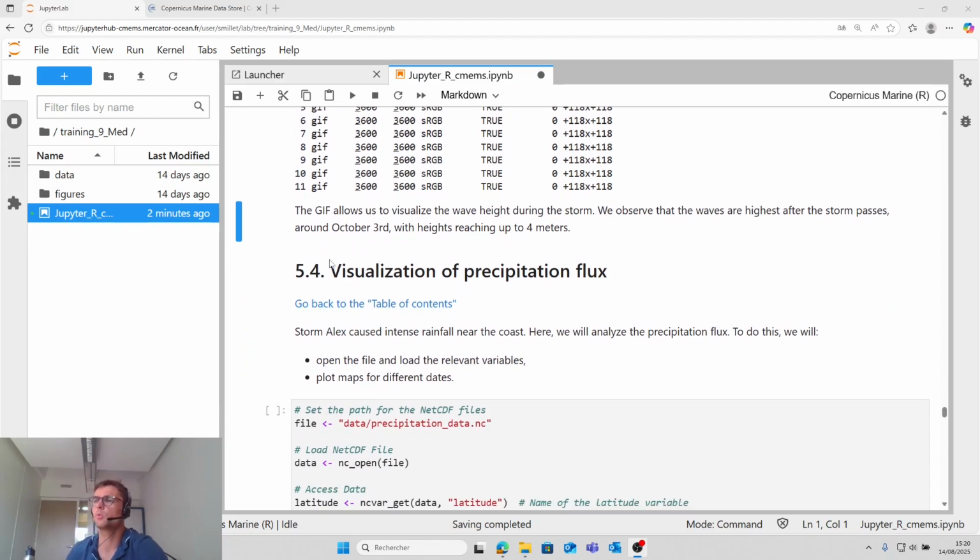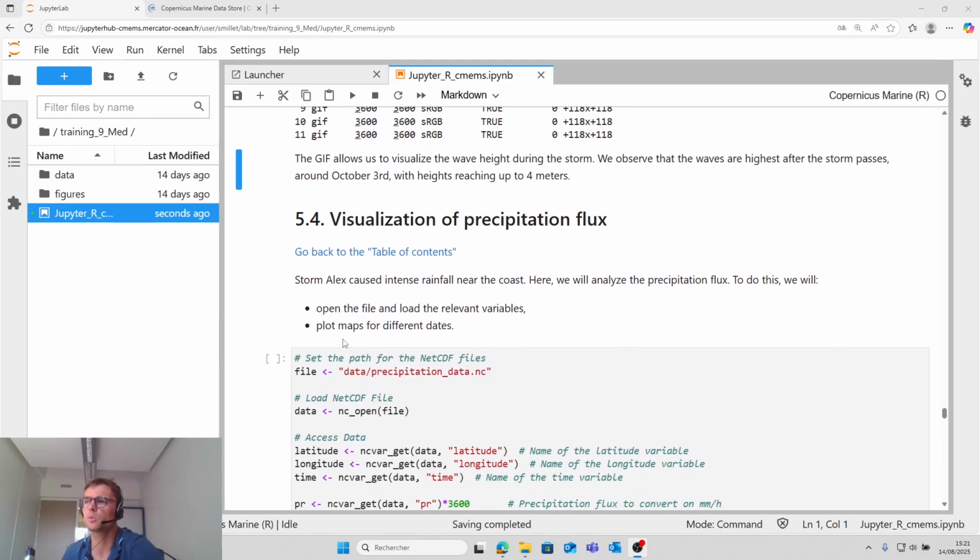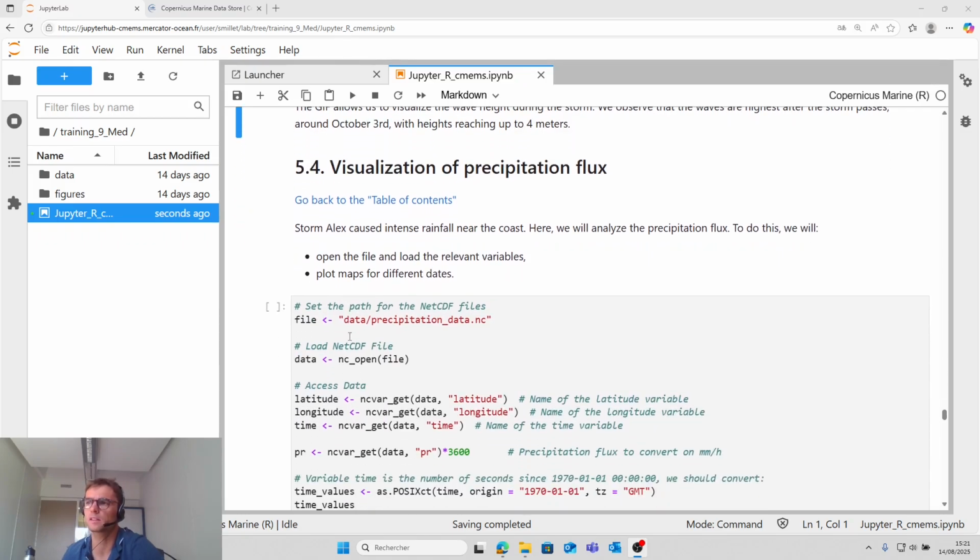So now we will see the precipitation flux. The storm Alex caused intense rainfall near the coast. So we will analyze the precipitation flux. To do this, we open the file and load the relevant variable, and then we plot a map for different dates.